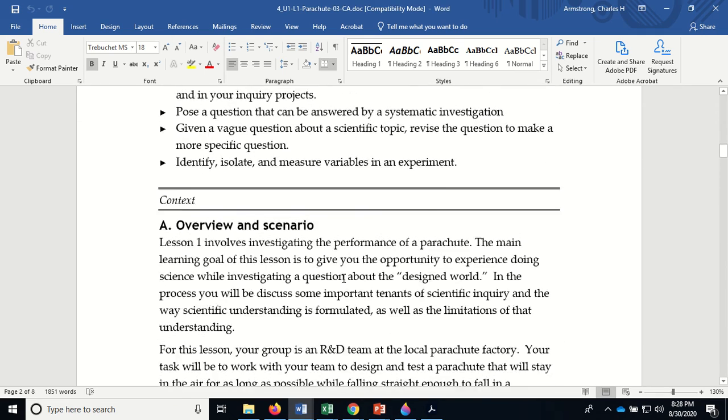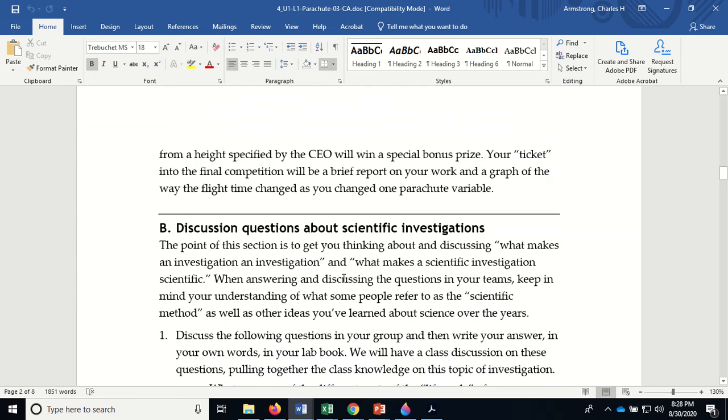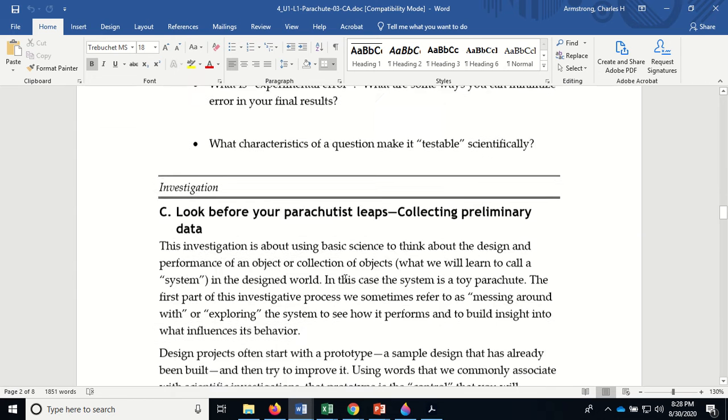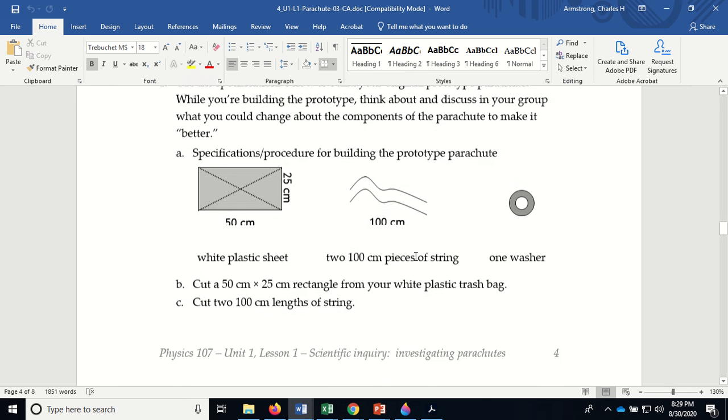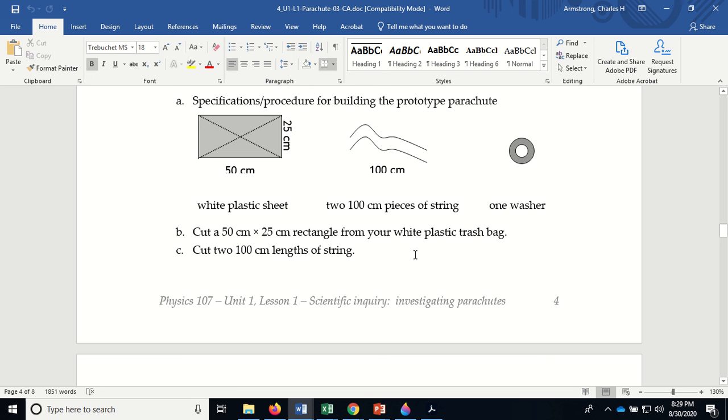So, just in a nutshell, this is a lot of background stuff. You would build these parachutes. Our prototype parachute is just made out of white plastic garbage bag. So we'd cut 50 centimeters by 20 centimeters. This would be the canopy. Then we'd take 2 strings that are 100 centimeters long. We'd go kitty corner like that. We put a washer right there. So there's our washer. Okay, and then we'd go outside to this little balcony they got on Sequoia Hall,